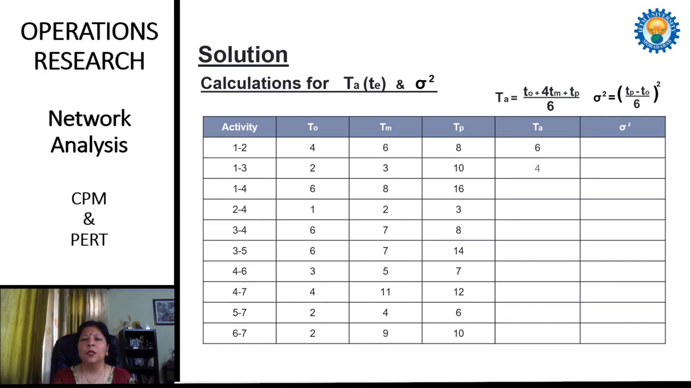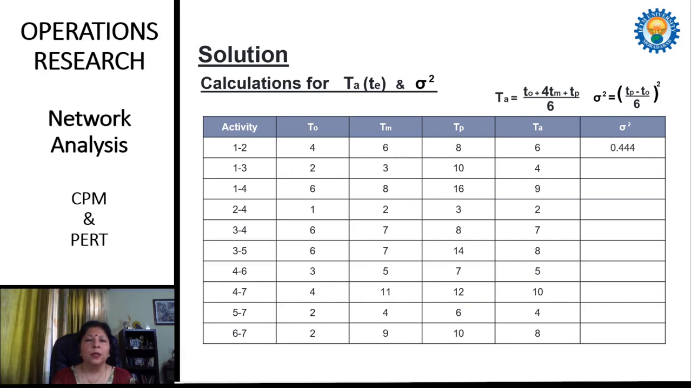So the value of TA becomes 4. And in the same way, we find other values which are mentioned here. In the same manner, now we find the variance for each activity, and the formula is already written on the upside of the table. For the first activity, 1 to 2, the value of TP is 8 and the value of TO is 4. It means 8 minus 4, that is 4, over 6, whole square,